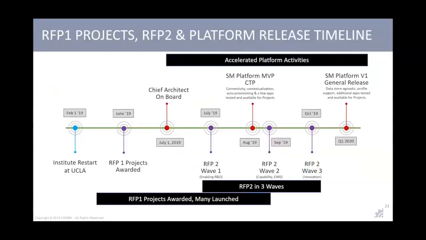Okay, great. Thanks, Jonathan. So just a little sneak peek at our timeline. If you see this chart, we've got a couple of things going on here. At the bottom are the RFP-based projects and waves that we've set forth. If you look at the absolute bottom one, we have 10 of the projects that were selected in the RFP 1 for the Institute. They have been launched